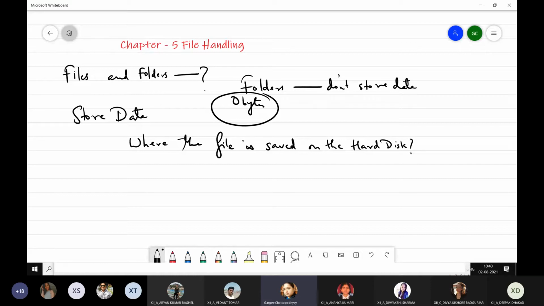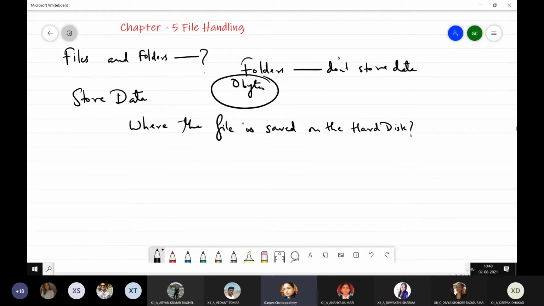Last year in 11th class, when we were studying operating systems, I hope you remember one topic, Windows directory structure. Do you remember this? Windows directory structure, that is folder structure, how Windows saves all the files and folders.